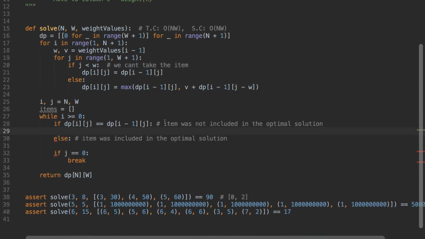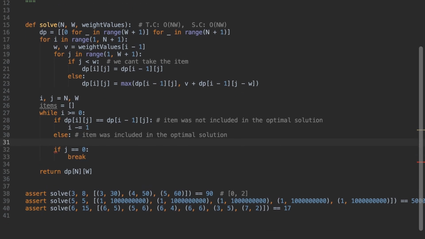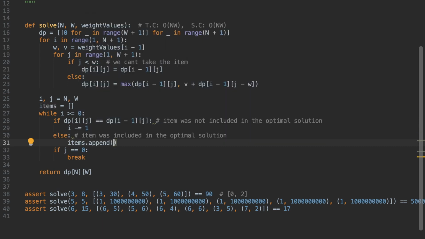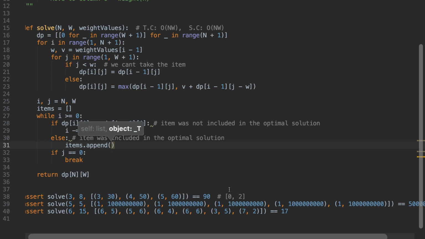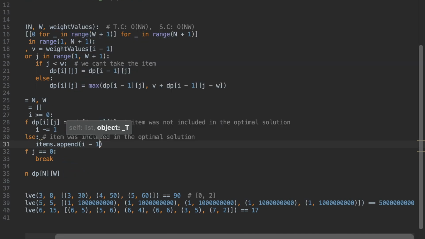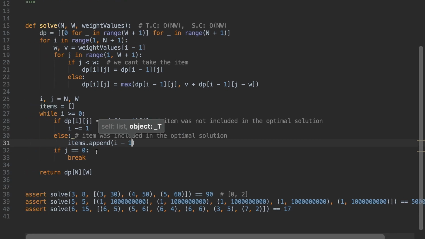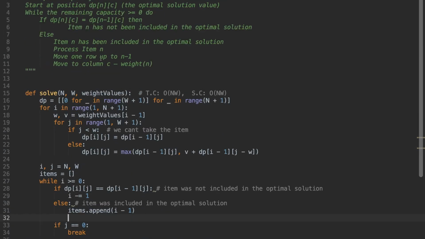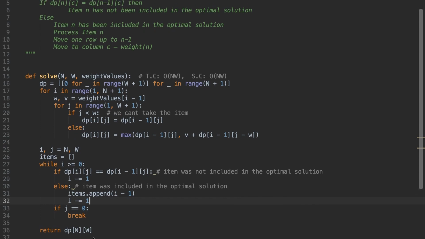If the item was not included in the optimal solution, all we need to do is i minus 1, to go to the previous row. If the item was included, that means we need to add it to the list of items, except here, since the list is indexed from 0 and our i values are from 1 to n, we need to use i minus 1 to get the right value. And then, as we said, we move one row up to i minus 1, because now we need to consider the rest of the items. And one column by the weight, because we already took item i, so for our j value we need to subtract